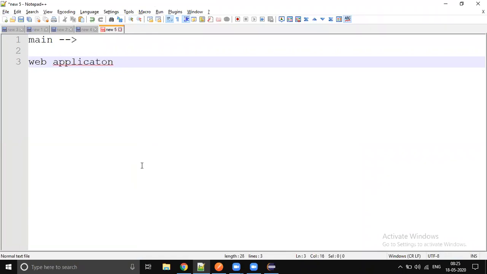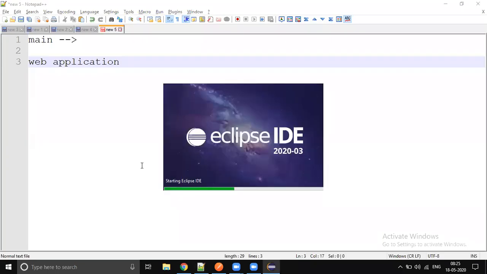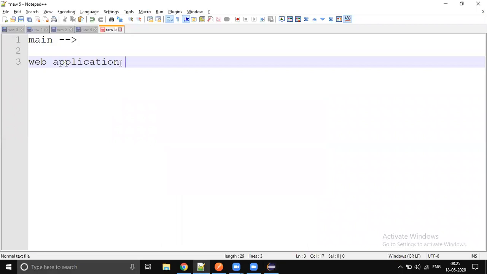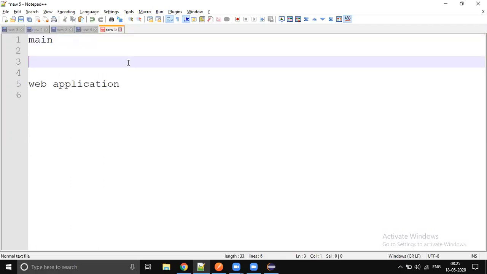Okay, so I will just invoke one service. The remaining services you have to trigger. I will only invoke one method, getForObject, like get all mobiles, and if required we will try one more, get mobile by ID, and we will try those two, but it's your responsibility to complete the remaining service invocations. So we will be trying a main method application. So how can we execute a main method application in Spring or Spring Boot?